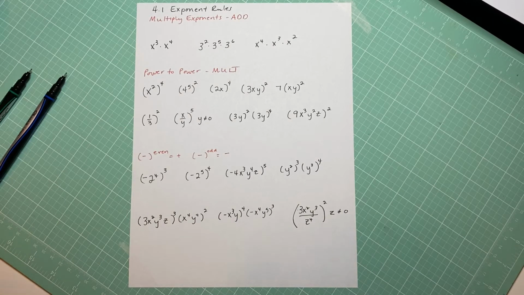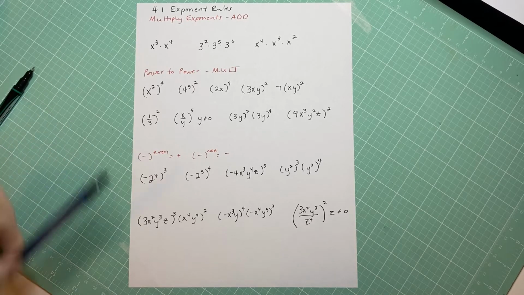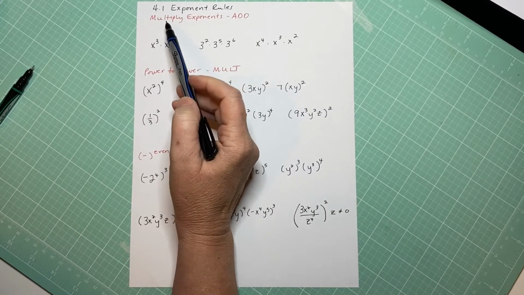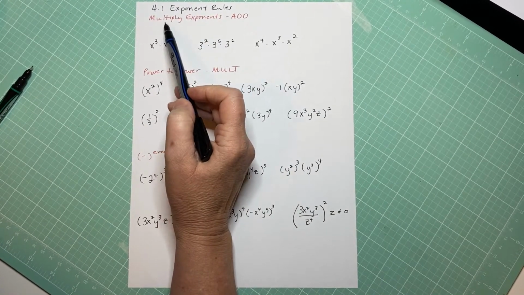Okay, today we're going to be looking at 4.1, which is the start of our exponent rules. We'll actually spend 2 days on this, but today we're going to look at 3 rules, and I think tomorrow we look at 2 more rules. But the first rule we're going to look at is that when you're looking at exponents, when you multiply exponents,